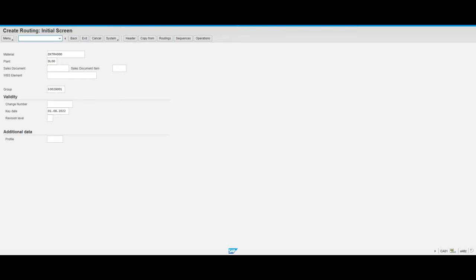So routing is done, which means step number 4 is done. The next step is we are going to create a cost estimate. What is the cost of material? What is the cost of production, or overhead, or human resource? What are the different components of this cost? This is what we are going to see in step number 5. So we are going to create a cost estimate